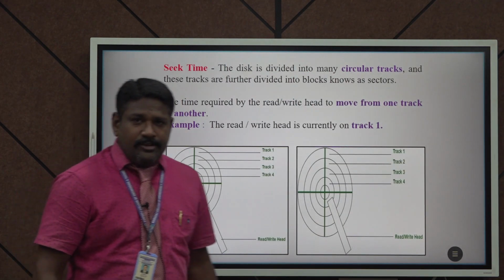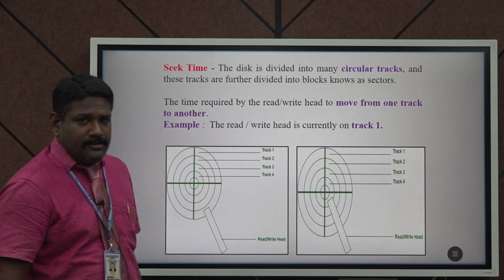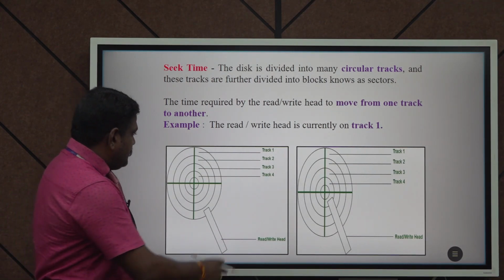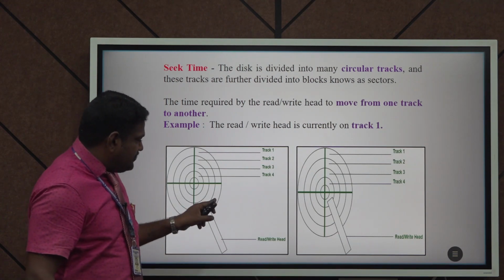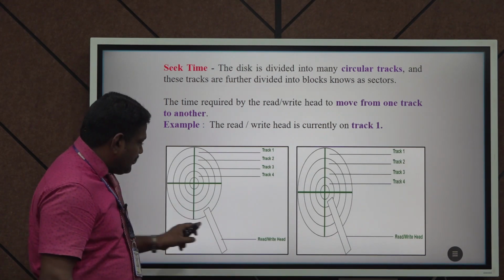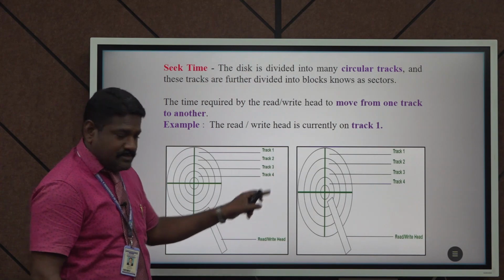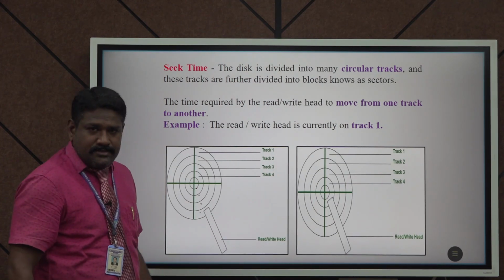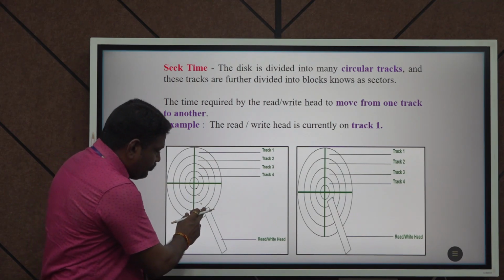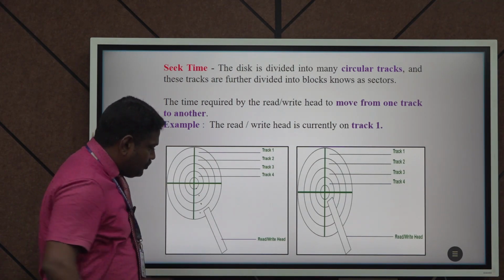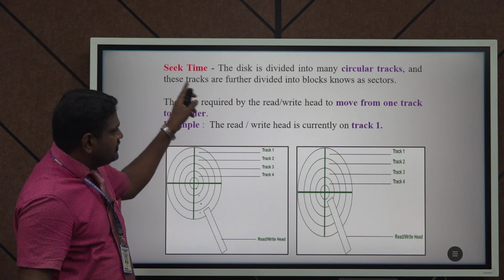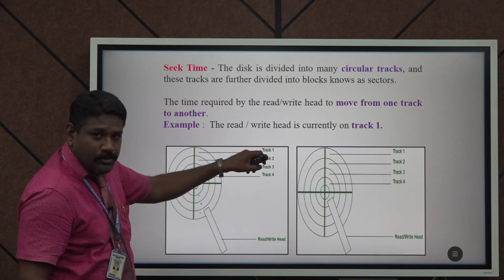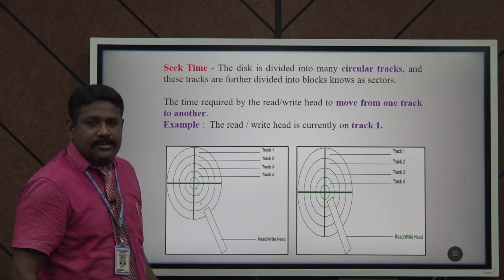In disk scheduling, two basic concepts we must know. First one is seek time. Consider this is a disk. This disk is divided into different circular shapes called tracks. For example, here we have tracks 1, 2, 3, 4. The time needed to move from one track to another track is called seek time. For example, if you want to move from track 4 to track 1, that time is called seek